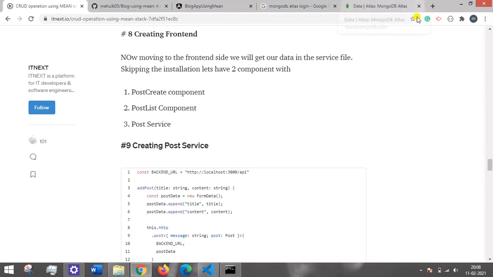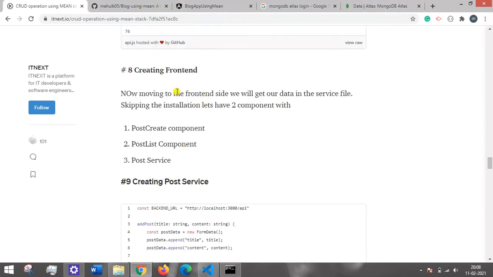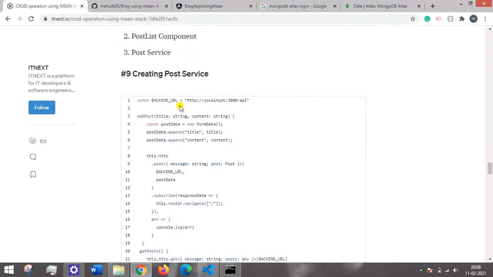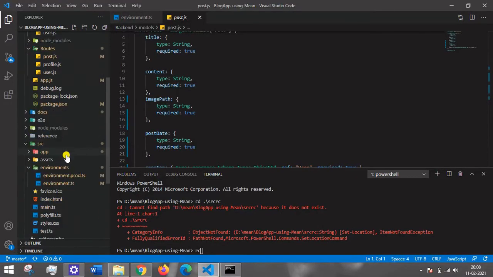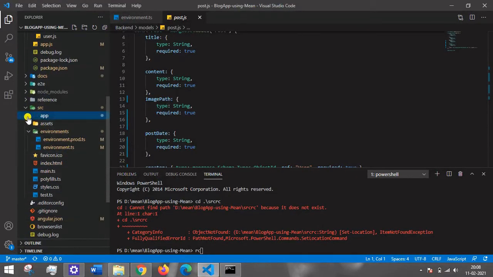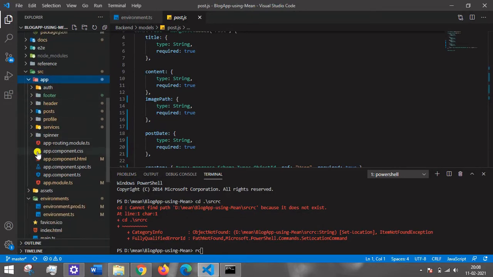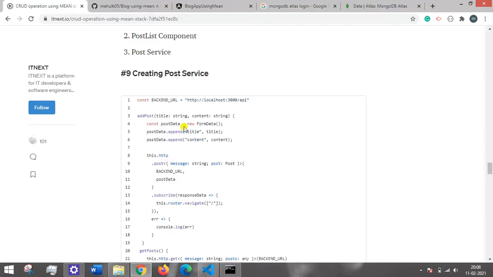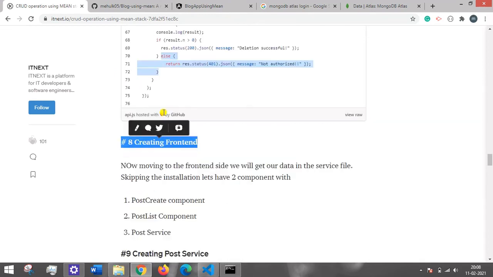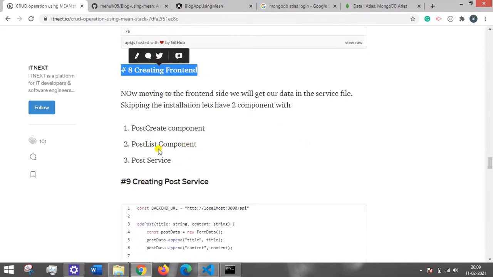Now to create our front end, we need to create an Angular application. To create an Angular project, the command we use is ng new and then your project name. That is the basic setup for creating an Angular project, you can Google how to create one. We are just focusing on the components which we are trying to access. So we have this Angular application ready.